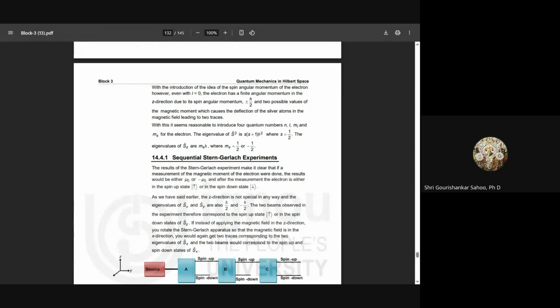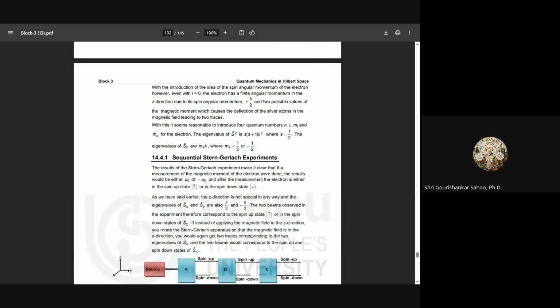And the two possible values of the magnetic moment cause the deflection of the silver atom in the magnetic field, leading to two traces. With this, it seems reasonable to introduce four quantum numbers: n, that is your principal quantum number, L, Ml, and Ms for the electrons. The eigenvalue of S cap square is S into S plus 1 h cross square, where S